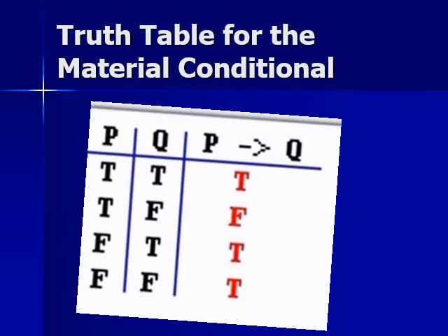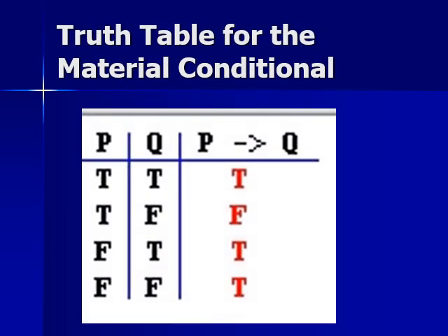Here we have the truth table for the material conditional. As before, we've got every possible combination of true or false for P and Q. And, as promised, we have only one false on the right-hand side. That's when P is true and Q is false. But while we're looking at it, I'd like you to notice that the other properties that I said were important for a conditional are